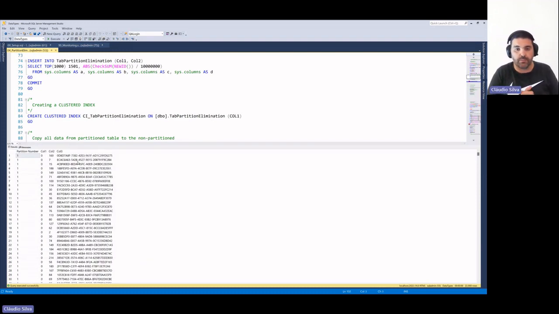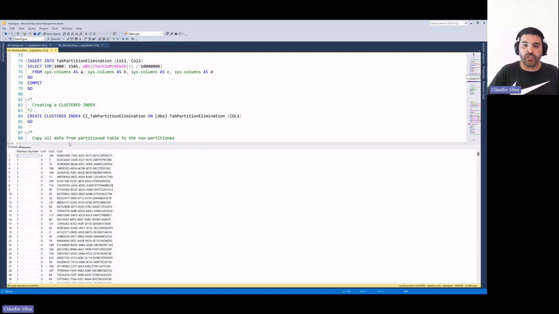So partition elimination is the ability... First of all, sorry, let me do a disclaimer. Partitioning is not a performance feature, okay? Partitioning is a feature that we normally use with bigger tables, where we later want to do housekeeping and move partitions to some tombstone or truncate those old partitions. And by having the partitioning in place, we can have some metadata operations which, instead of doing the data movement, just change pointers to a different table, and that makes the operations much faster, less blocking, and less intrusive on your system, and so on.